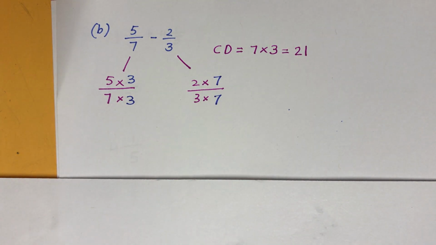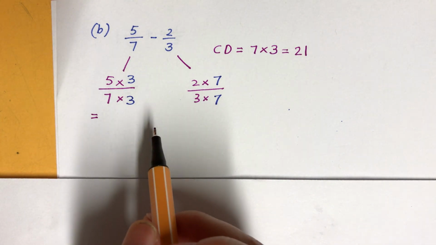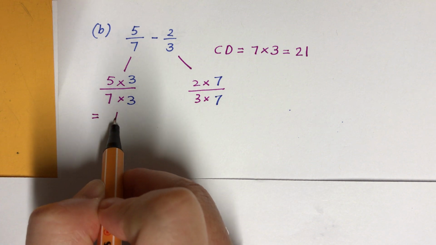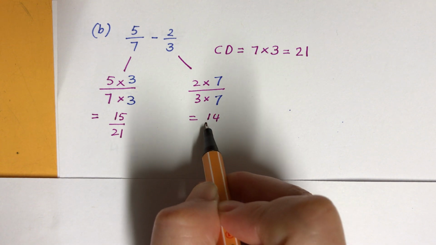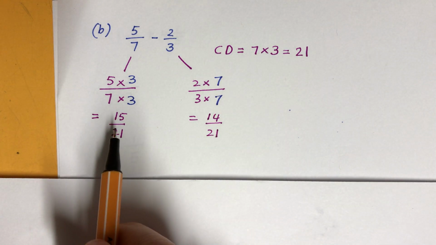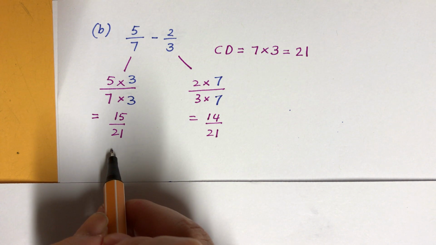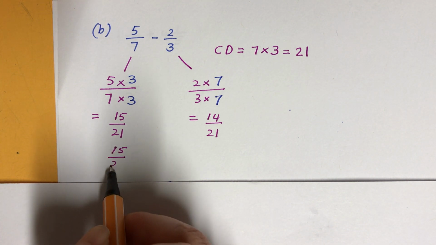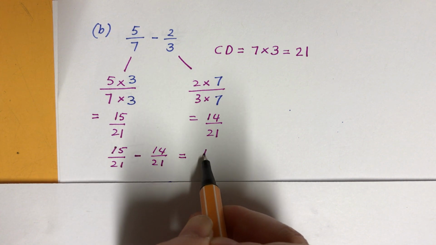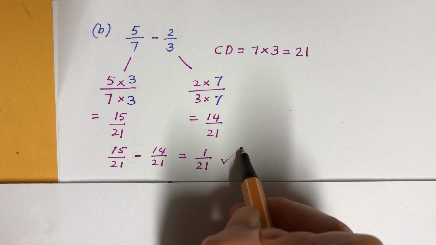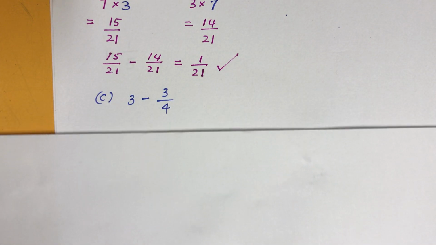Okay? So what will happen after that, I will have the equivalent fractions, which will be 15 over 21. This one will be 14 over 21. So now we got two fractions with a common denominator of 21. So I'm going to rewrite this. 15 over 21 minus 14 over 21 equals 1 over 21. Okay, so we solved that. Now, I'm going to push this one up and do the